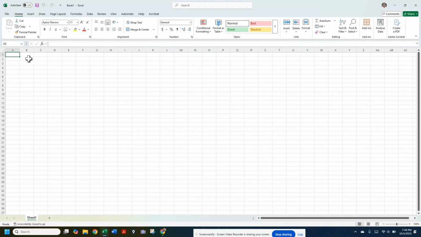So first, a little terminology. Every box in here has a location name. So right now, I like to think of this as battleship style. This is box E, because I'm in column E, 7, and it's actually called a cell, not a box. You can also see up here, this is the name of that cell, E7, and as I change, it changes